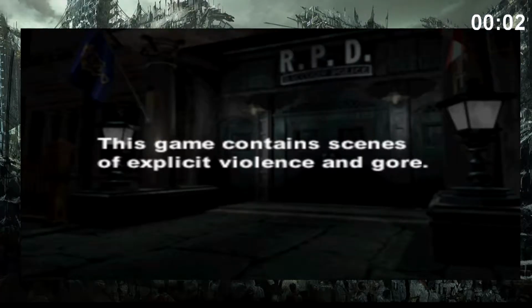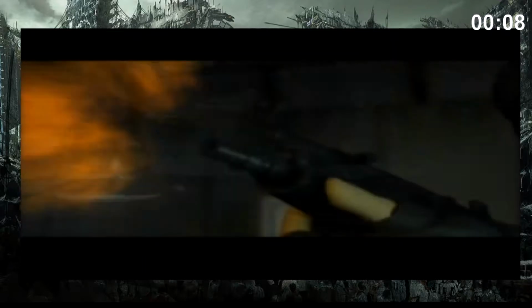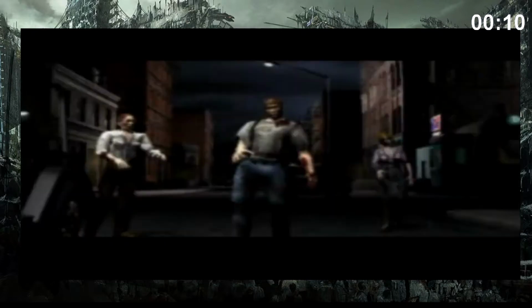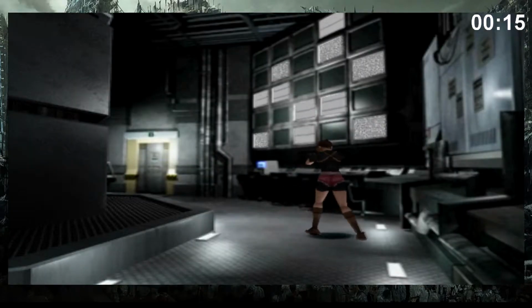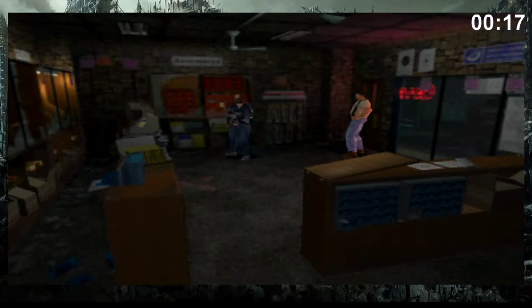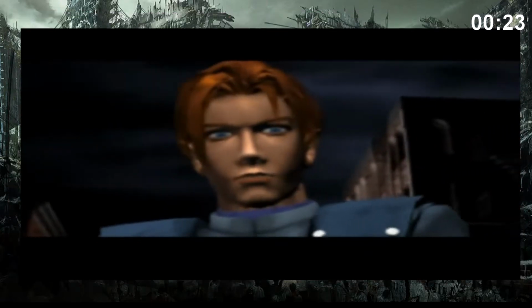Resident Evil 2 for the PlayStation 1 is set 2 months after the events of the first game, and it tells the story of the Raccoon City zombie outbreak. Just like the first game, the second installment features 2 main characters, Claire Redfield and Leon S. Kennedy. Both travel to Raccoon City for different reasons. Claire is trying to find her brother Chris, while Leon is a rookie policeman who just got transferred to the